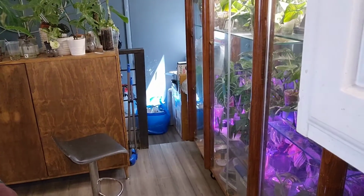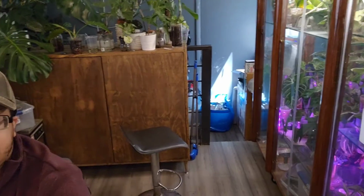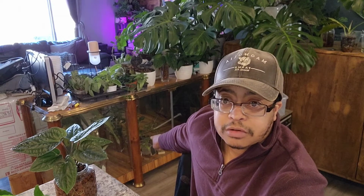So, for example, this cabinet right here. That's a terrible shot. But that cabinet right there, and even the cabinet down below right here, which is currently off, and I need to figure out why. It's just the lights that are off, but they all run off of automation. Even if you look up in this corner, that little pink section right there, that is a light that